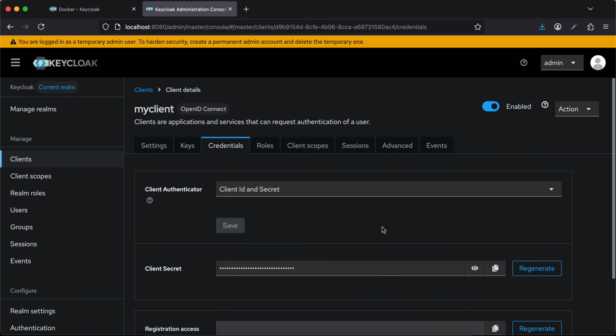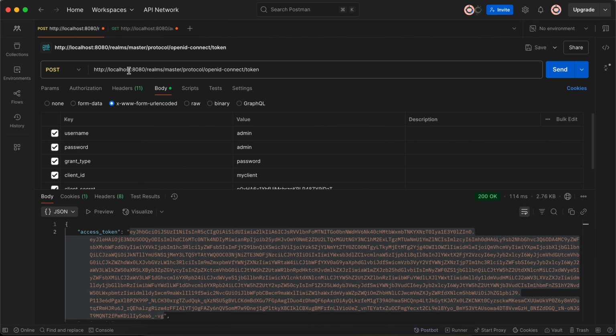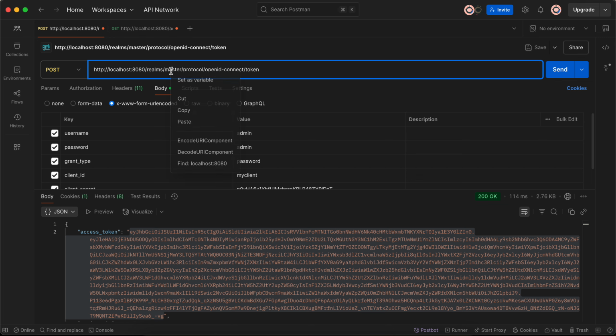Again I'll go back to our client, and this is my client. I'll go to credentials and copy these credentials. Then you have to come to Postman, and firstly go to localhost:8080/realms. This is my domain, localhost:8080. If you have hosted it on a different domain, you'll have to change it. /realms/master. This is the master realm which is present by default,